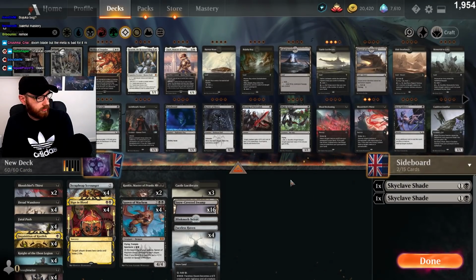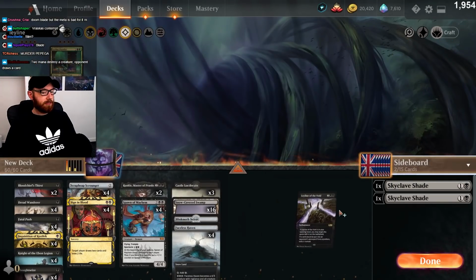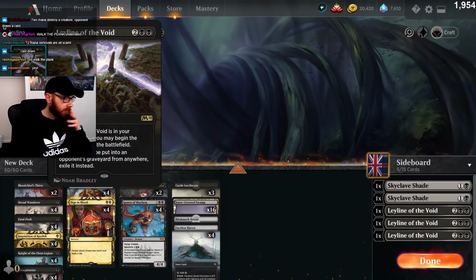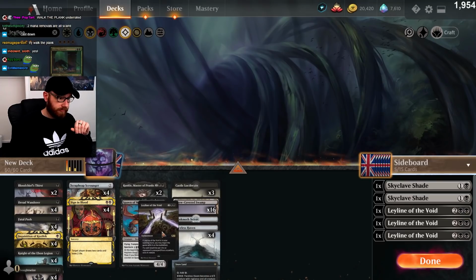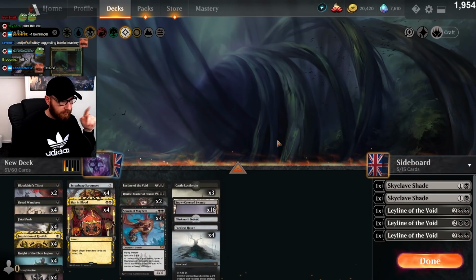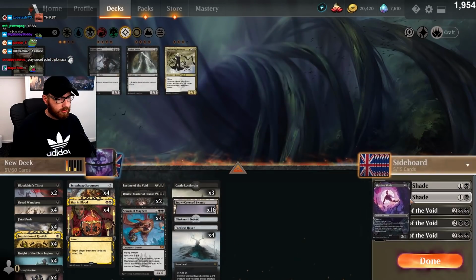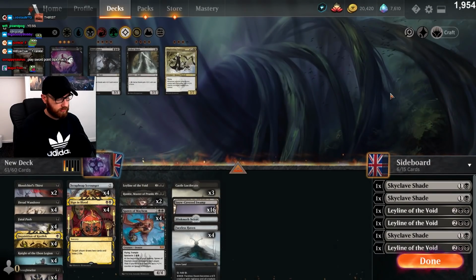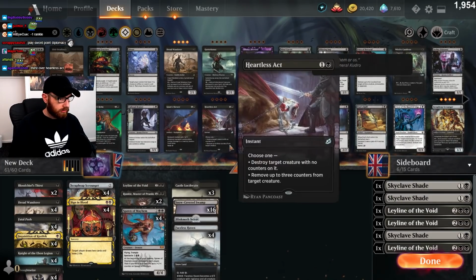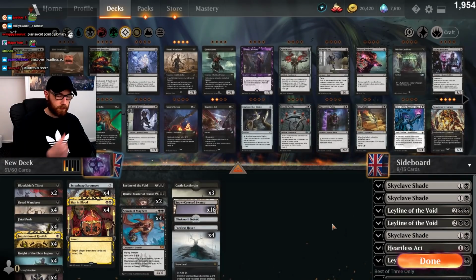Okay, sideboard. Oh well, we can play Leyline, huh? Chat, is it time to bring back the one of Leyline main? I do love a one of Leyline main. It might be time to bring it back. Let's go Shades. Let's go Act. Wow. That was not a helpful filter. Let's go...